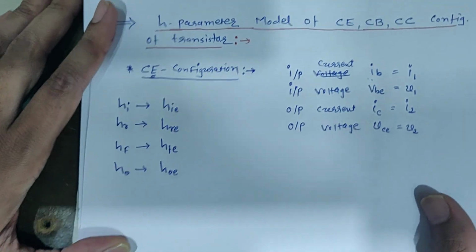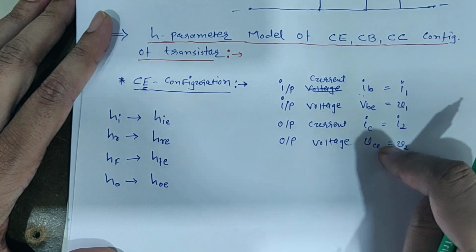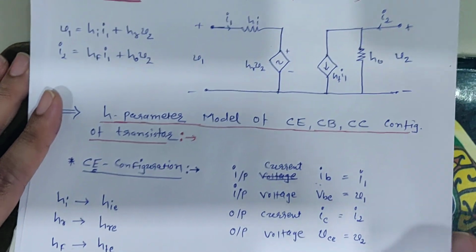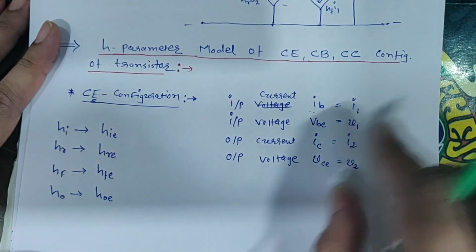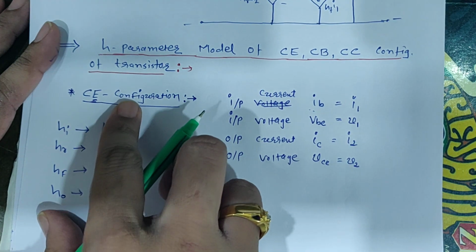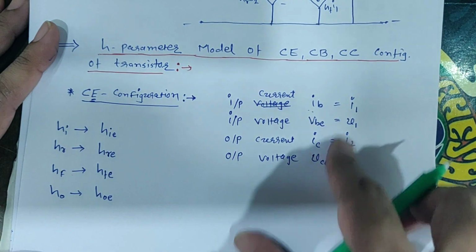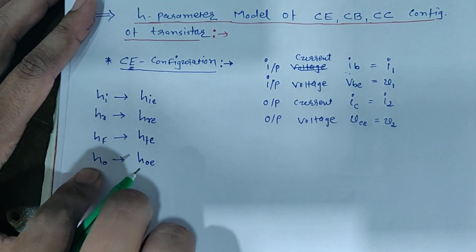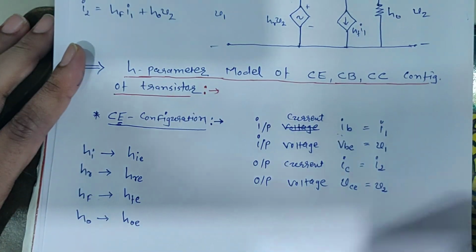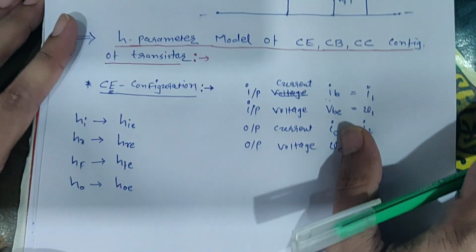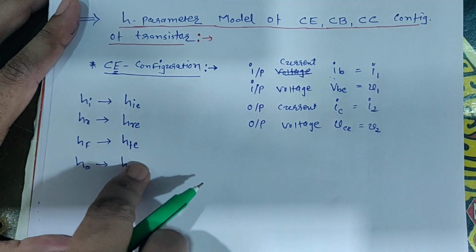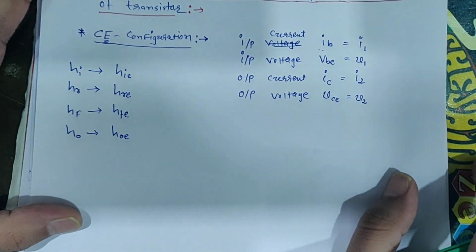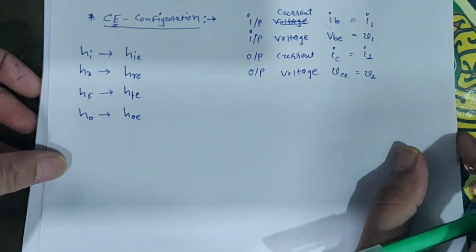So what we have done is changed the names of the common parameters, input voltage, input current, output voltage and output current, into specific names related to common emitter configuration. Second change: these are the common H parameters for the transistor, and these 4 parameters we have to represent with new names with the additional suffix E. So this will represent the H parameters of common emitter configuration.